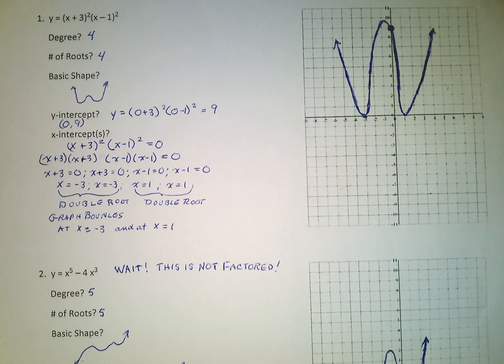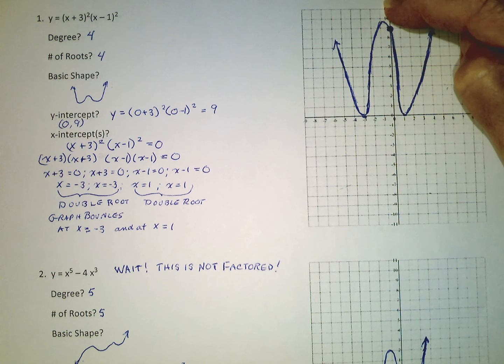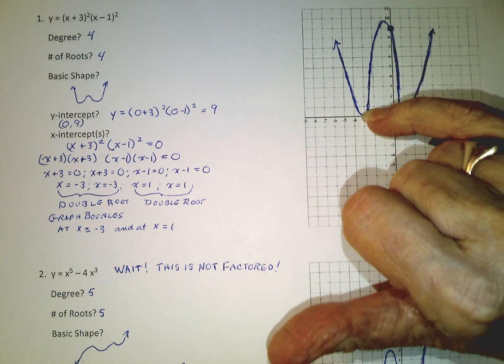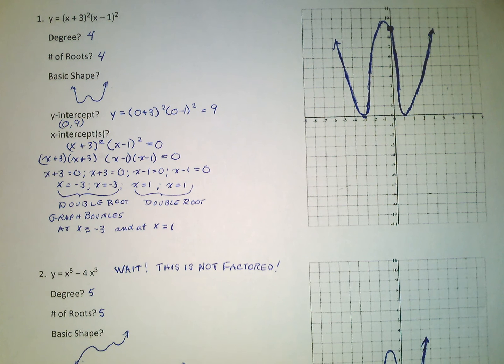So now that you've had time to do literally a couple of problems on your own, please check out if this is what yours look like. You may have made a taller place where it turned here, or you may have just made it come directly up to the y-intercept. There are variations, but basically,